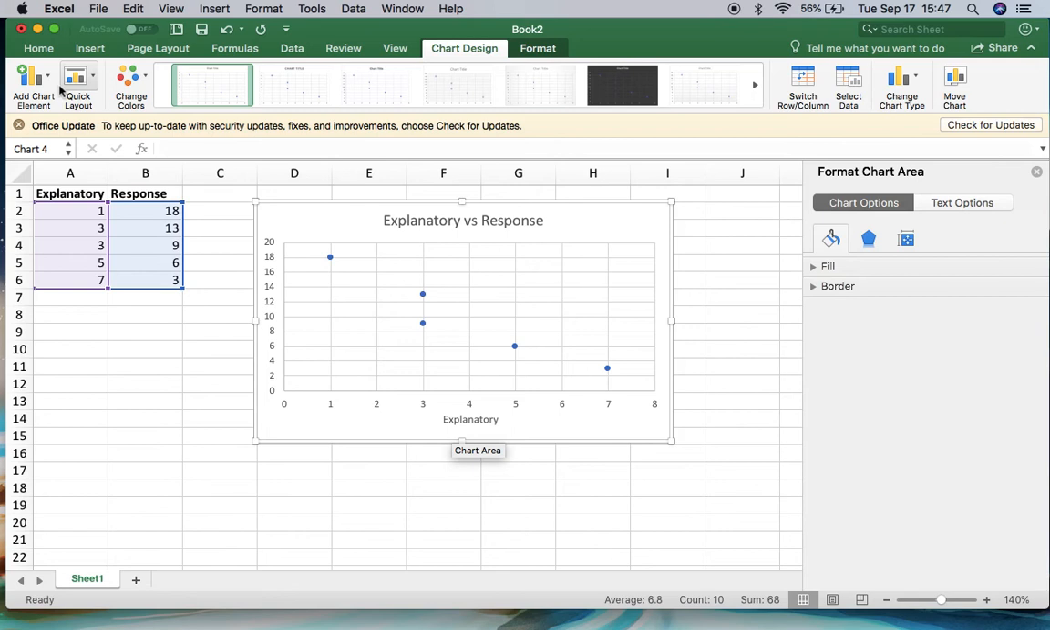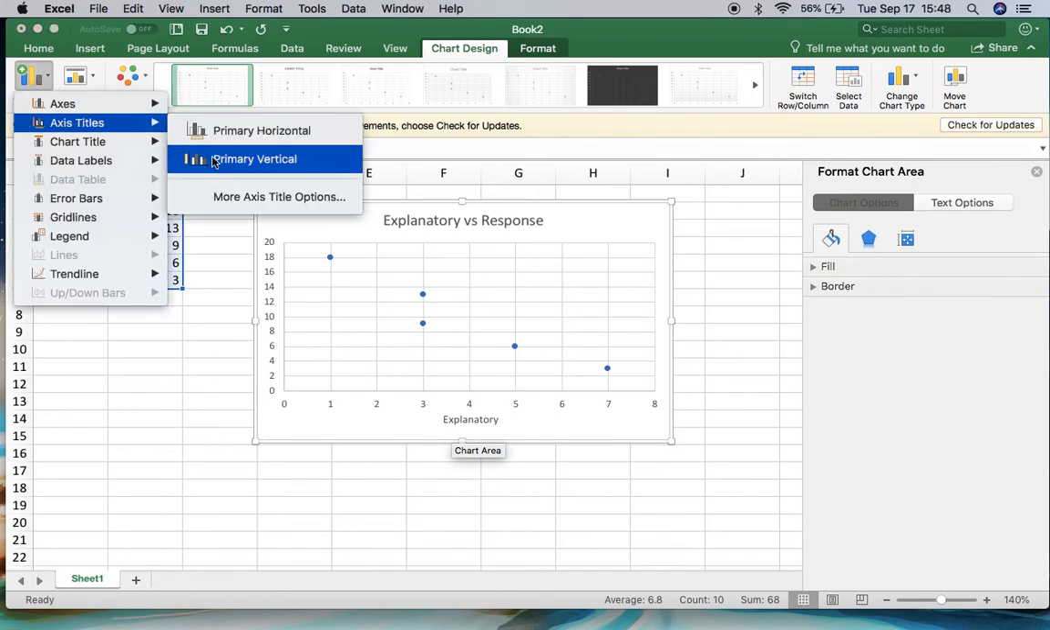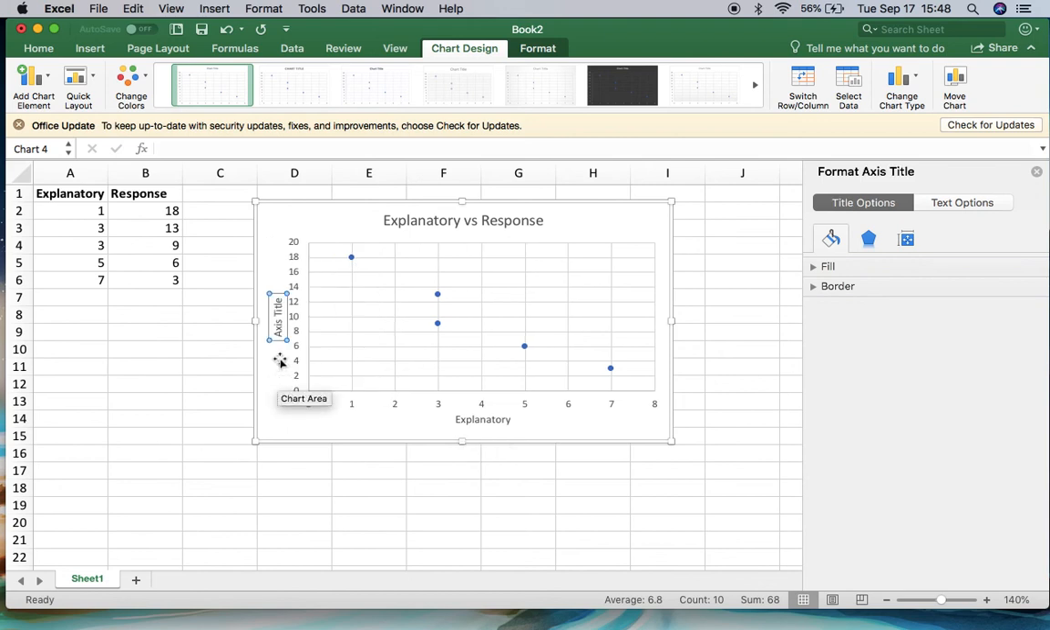And now I'm going to come up to Add Chart Element again, axis title, and now I want to do the vertical axis. Okay, and then this is our response variable. So there is just the basic scatter plot showing my explanatory variable, my response variable, and then a title for this. So now we want to go ahead and add the line that shows the equation for